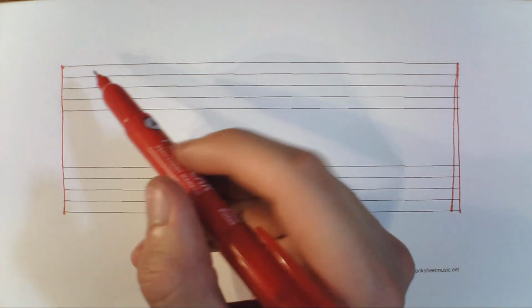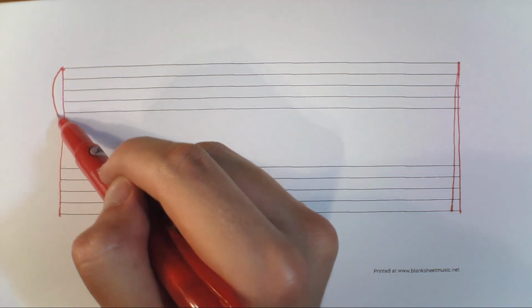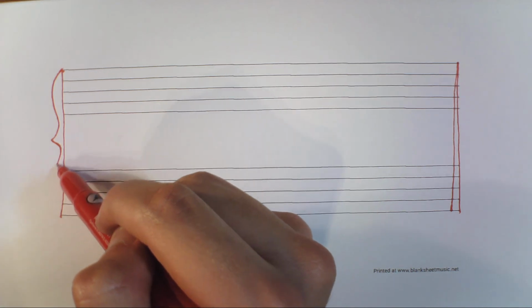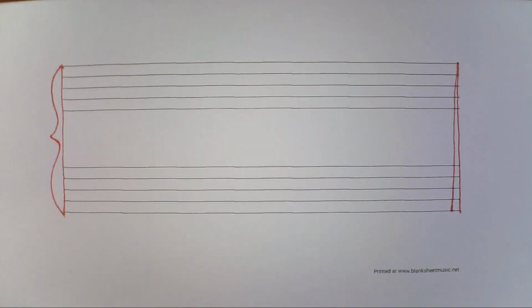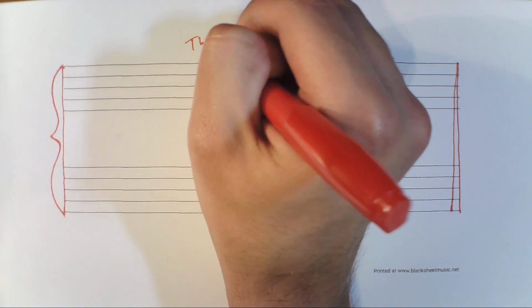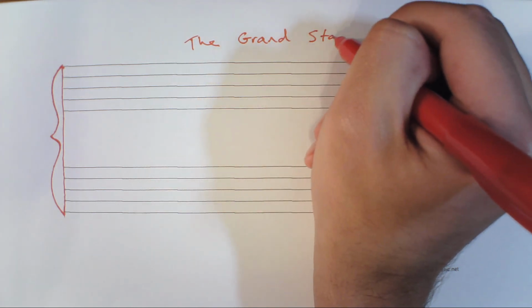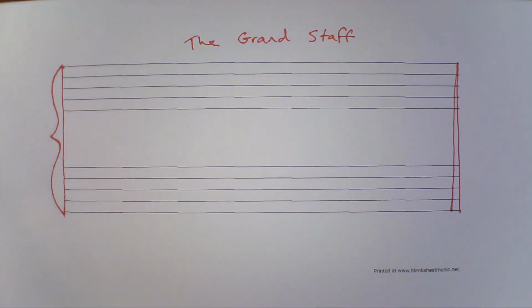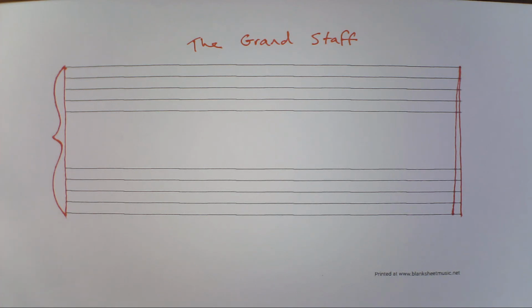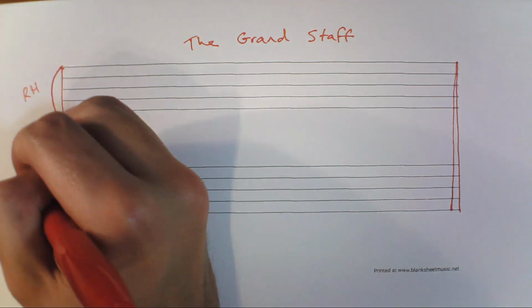And now we need to do a curve bracket at the beginning. So we're going to start outwards. It pops in, has a point, back in, and then together. And that's the curve bracket I'm talking about. Now a grand staff, or the grand staff, let's title this The Grand Staff, refers to the thing you read in piano music where you have both right hand and left hand playing at the same time,